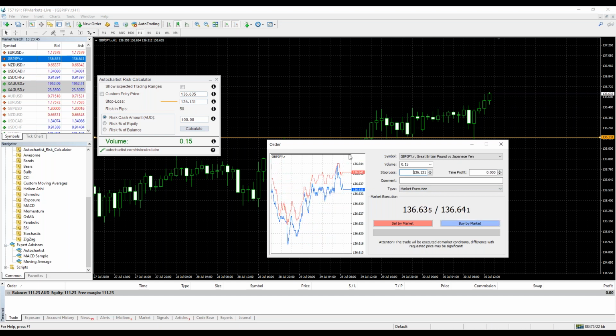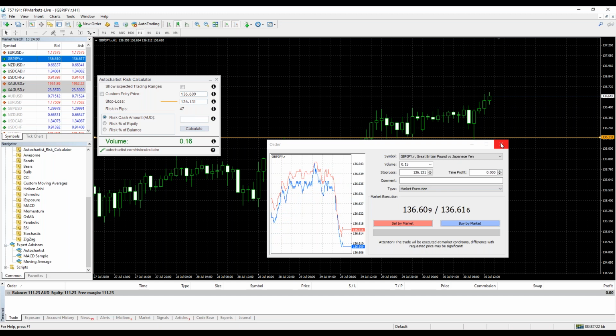I remember the first trade I did on the Australian dollar. The second one, I'm trading GBP JPY. I'm trading two different risk sizes in pips. Well, I think the first one was 70 pips. This one is 50 pips. But I'm only risking $100 for both because my risk calculator tells me to trade the volume for my risk, right? So that's very important.